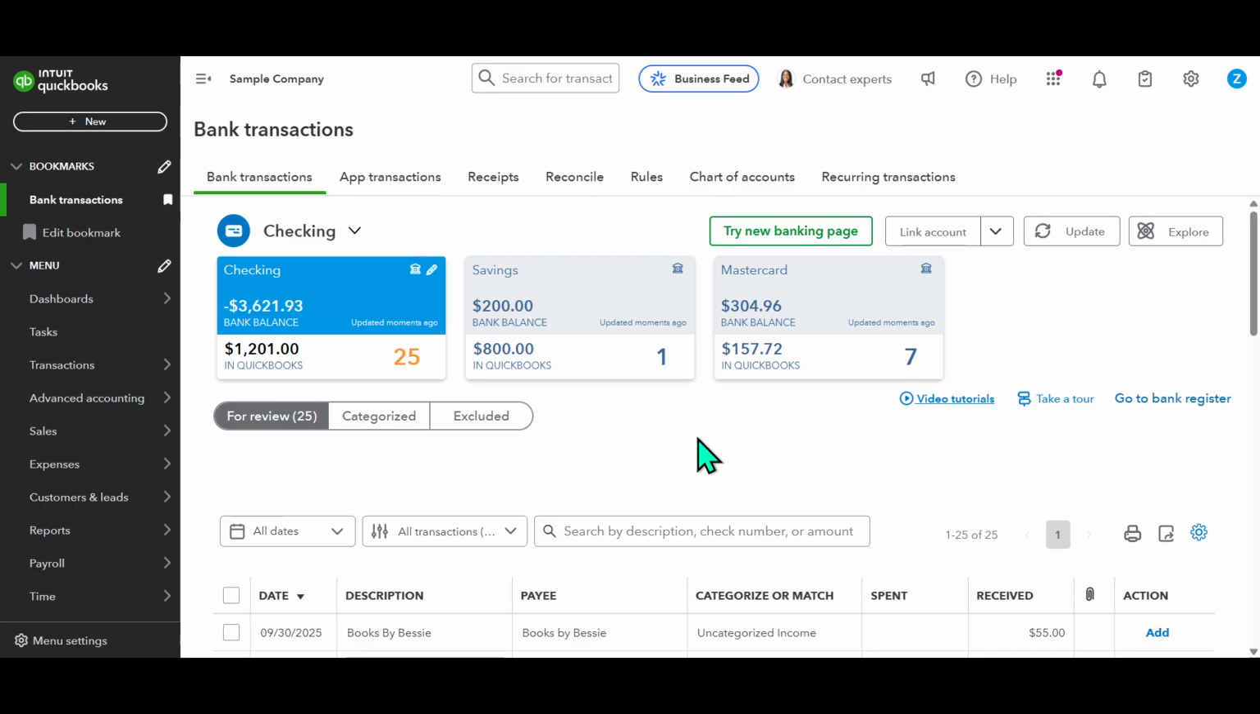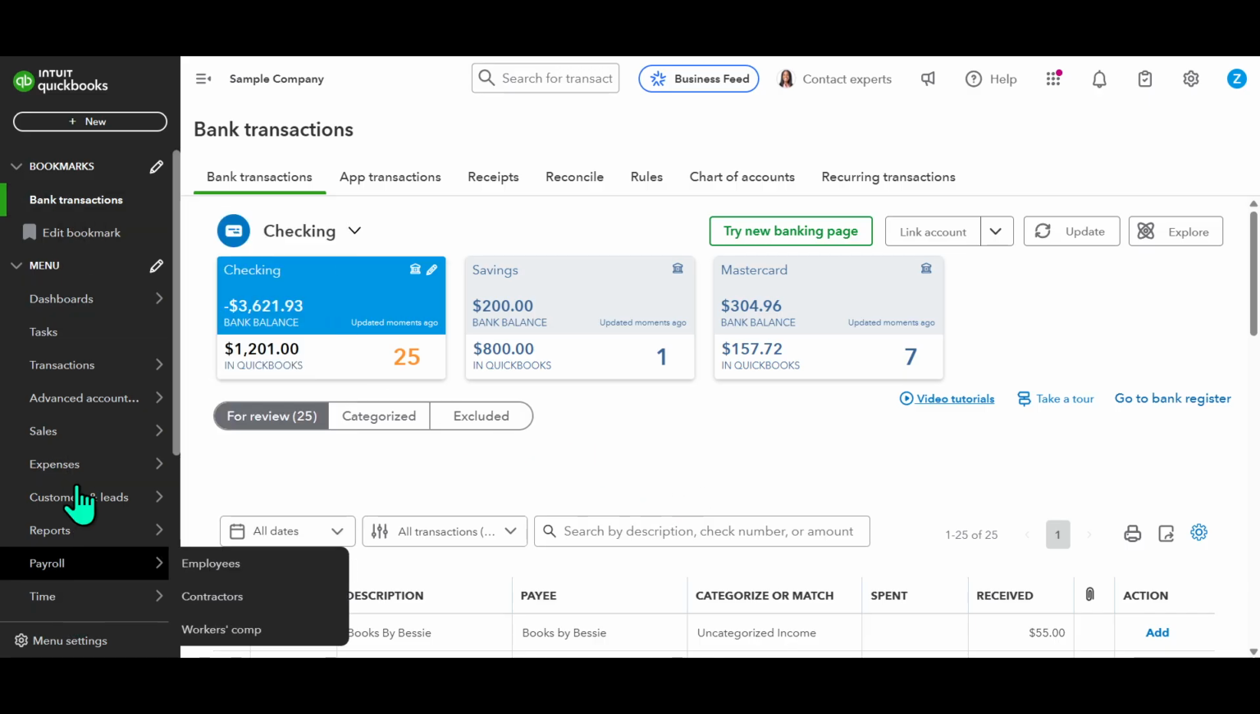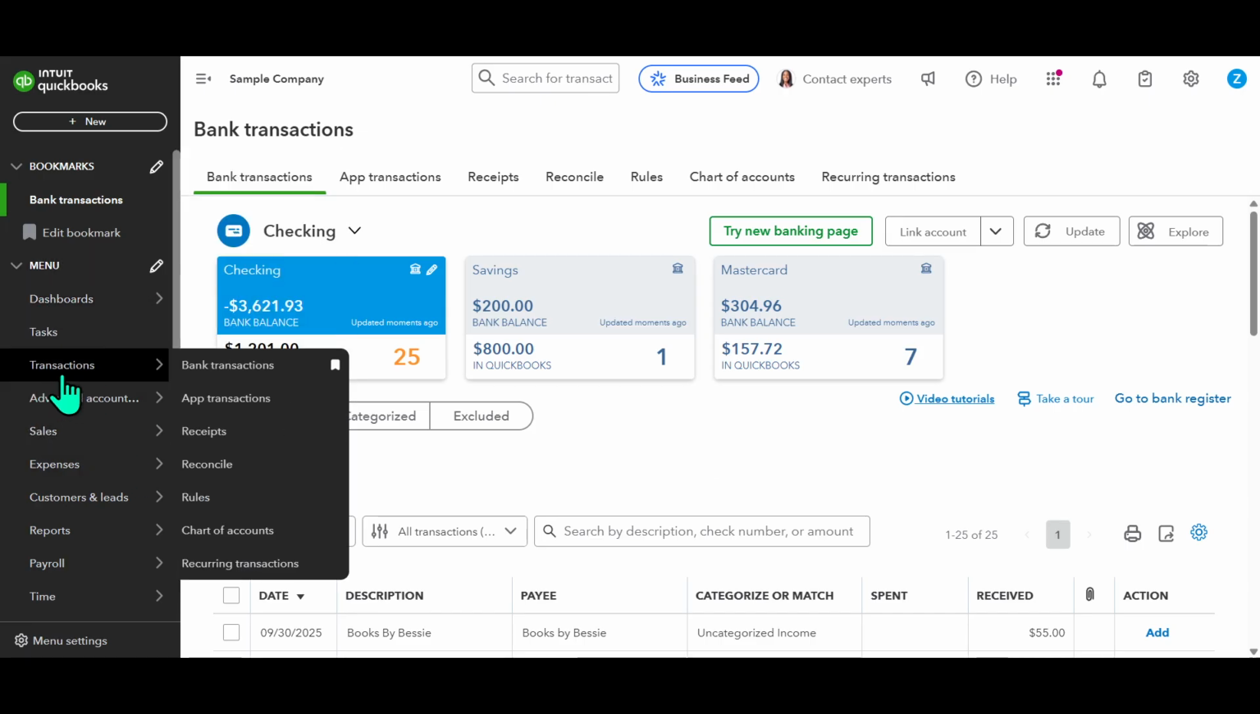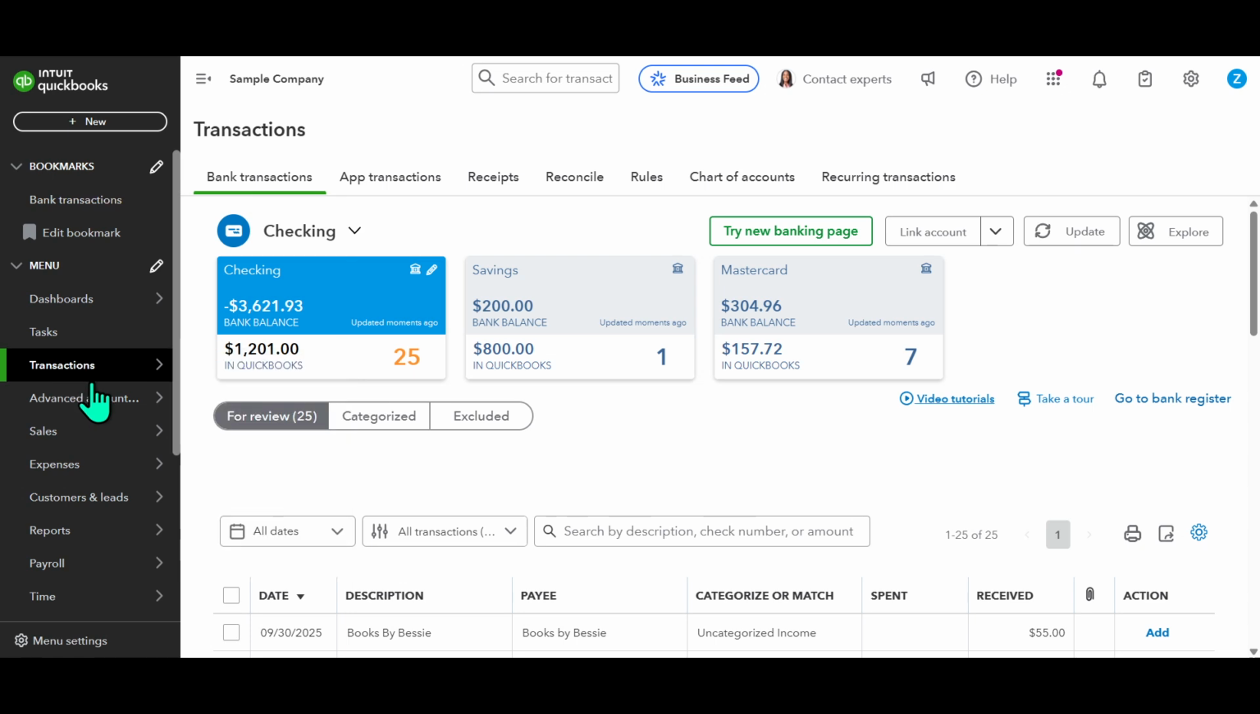First, start by logging into your QuickBooks Online account. Once you're in, take a look at the left-hand side of your dashboard. You'll notice a navigation panel. Here, you'll want to find and click on the Transactions tab. This section serves as your go-to area for managing all your financial entries, so it's crucial to get familiar with